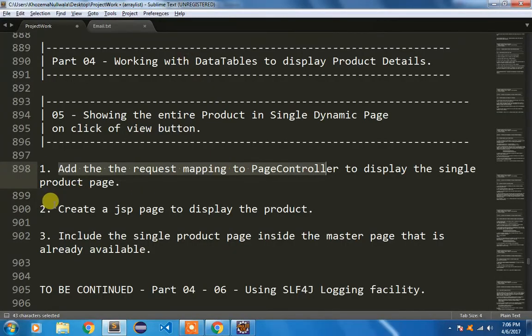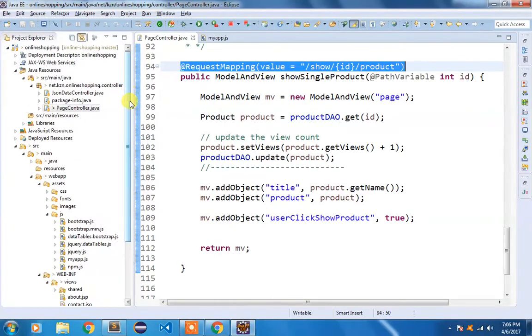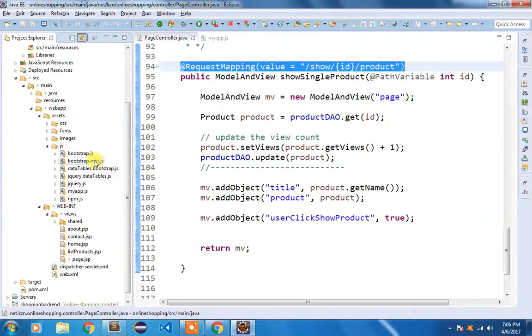Now to display that particular product, we need to create a JSP page. So here inside our web